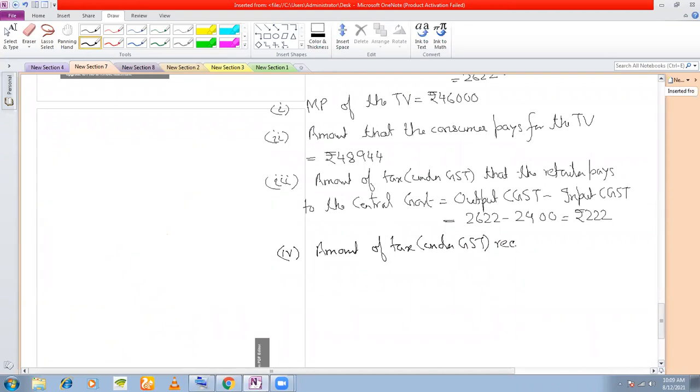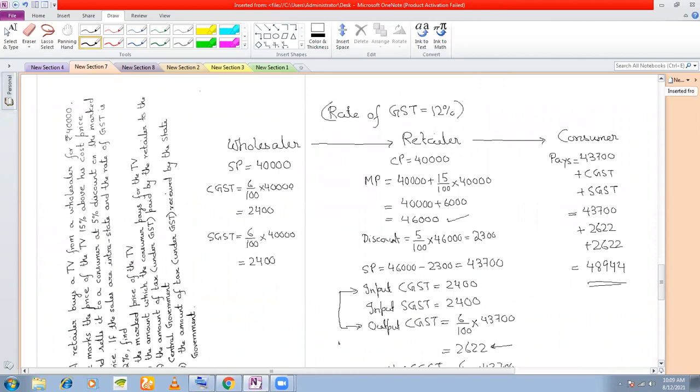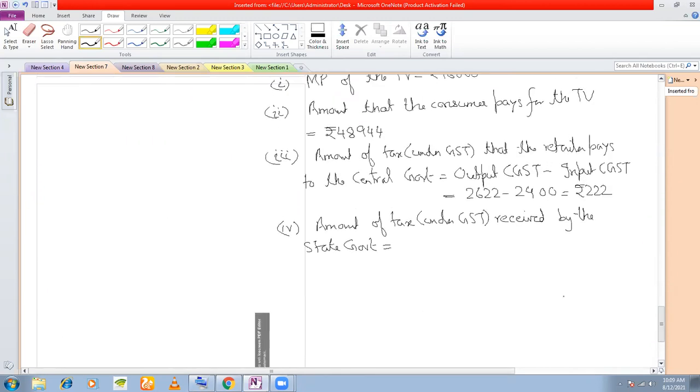Received by the state government. That means the state amount of tax received by the state government means the total tax that the state government receives in the entire supply chain. Wholesaler is paying to the state government how much? 2,400 rupees, right? So GST paid by wholesaler